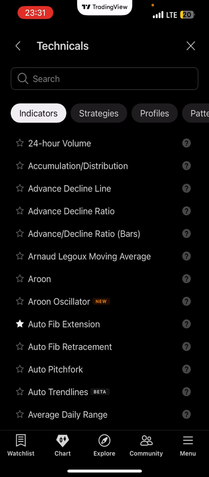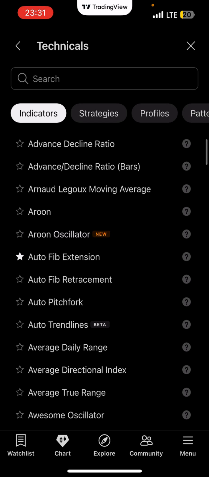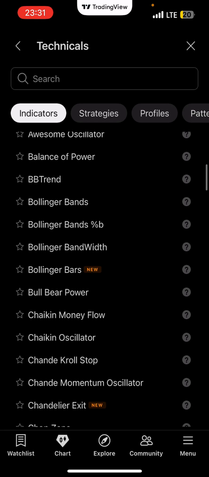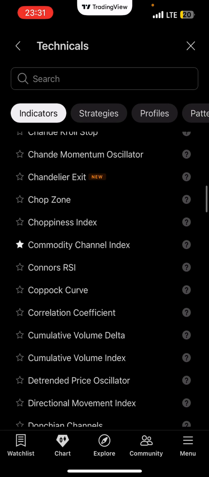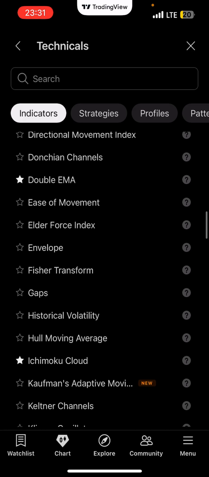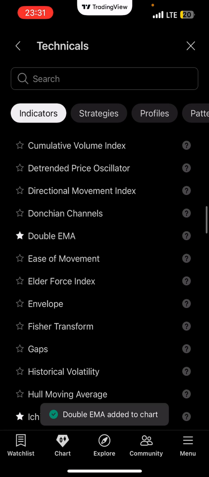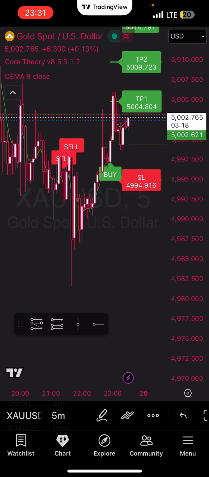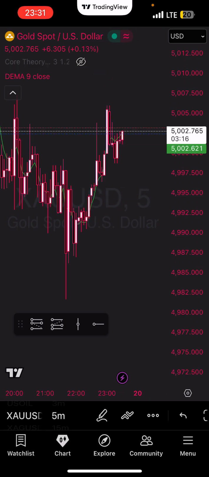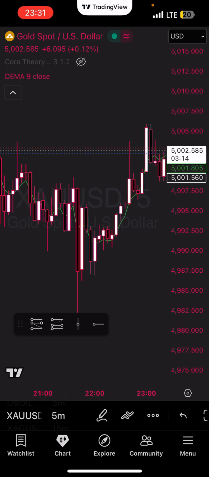So I'm going to click on technicals. As you can see, there's a bunch of different indicators. And what we're going to look at is something pretty simple. Let's find a double EMA. Click on that. So this is two exponential moving averages, and it's going to show us what the trend